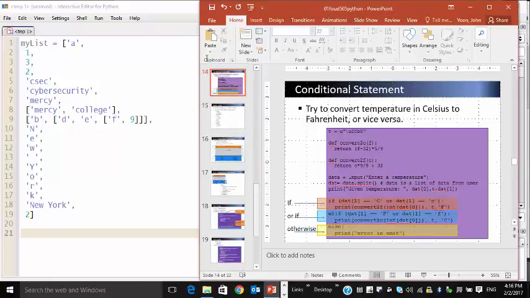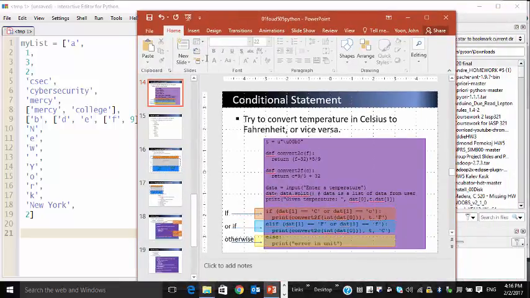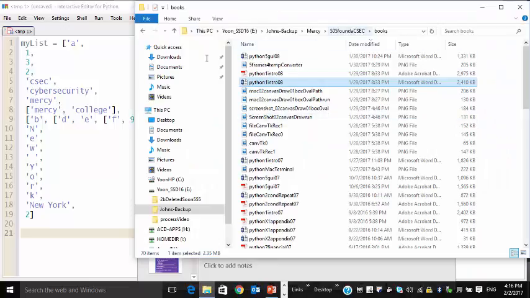Okay. Another statement is the for loop. Yeah, I didn't write it, but I have a textbook, so we can bring that up. In my textbook,